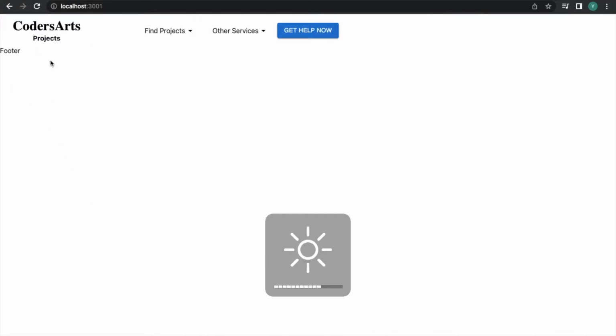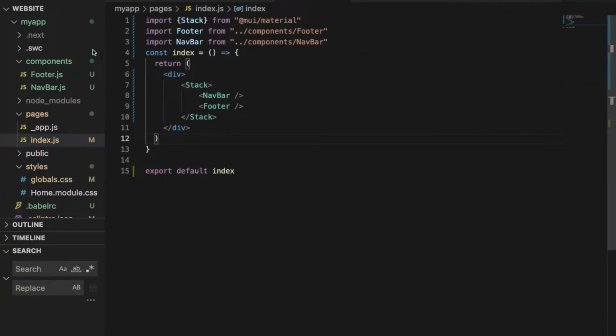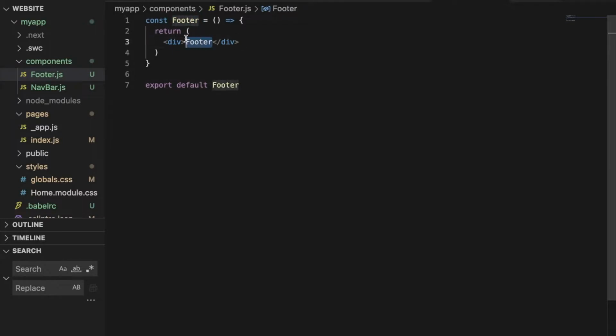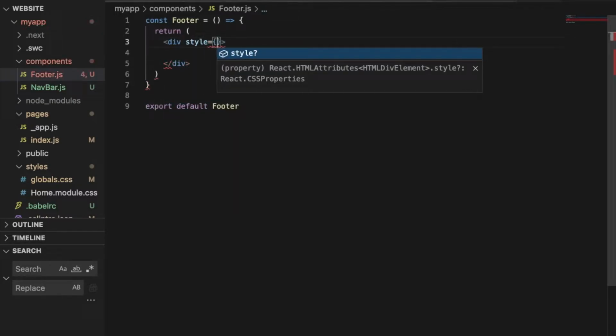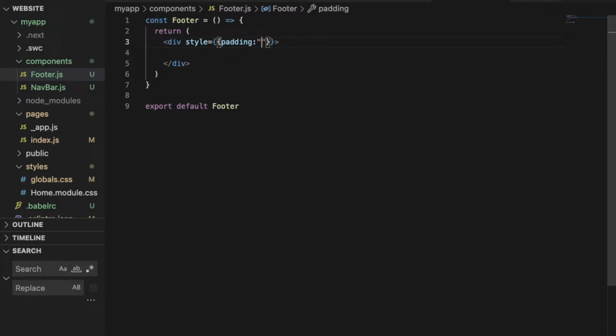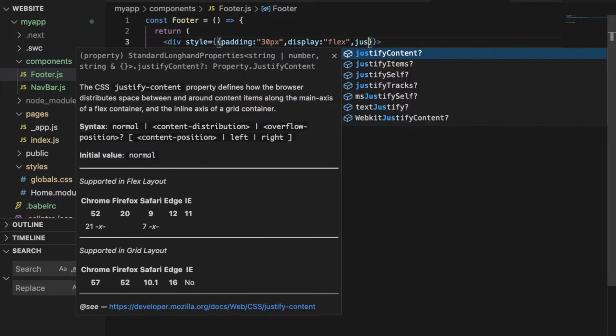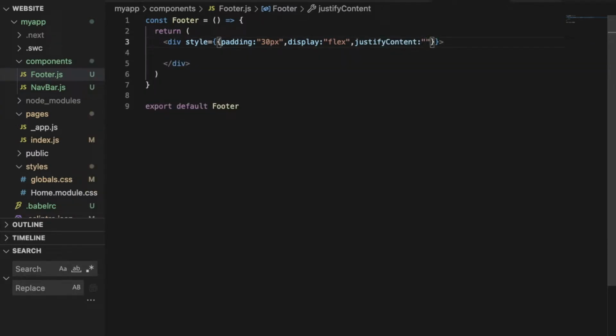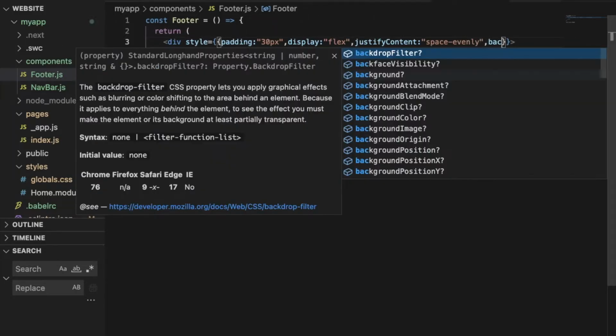Yes, it is appearing here. That means that we can now start writing code in it. So first of all we'll give CSS to this. We'll write style, padding would be 30 pixels. We'll give 30 pixels padding to it, and say display should be flex, and then we'll say justify content space evenly, and at last we'll say background color,